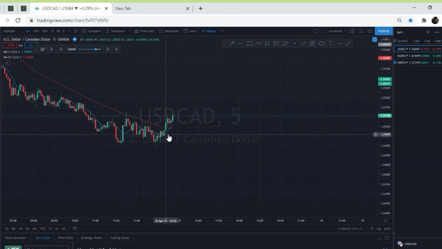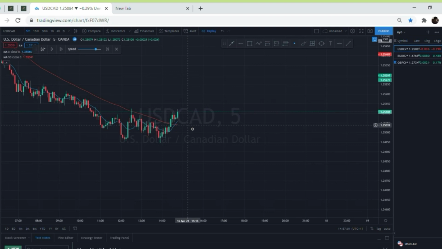Finally, we had a crossover at this point. So what are we waiting for? We're waiting for price to push back in and sharply push out. Okay, we need price to sharply